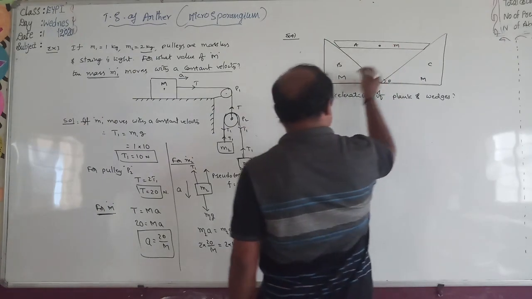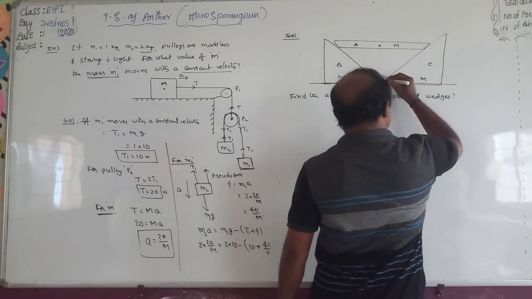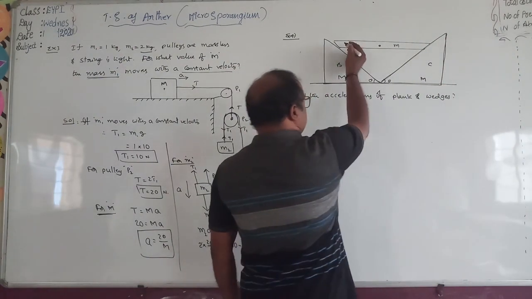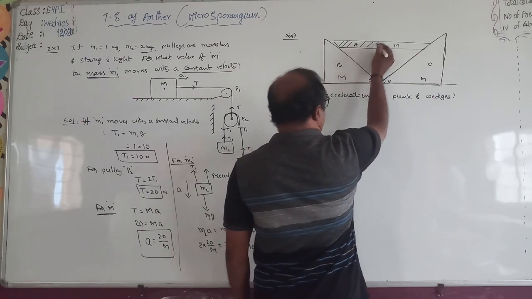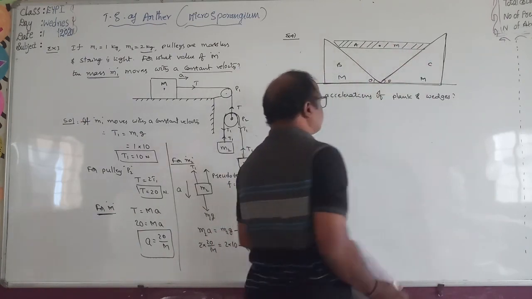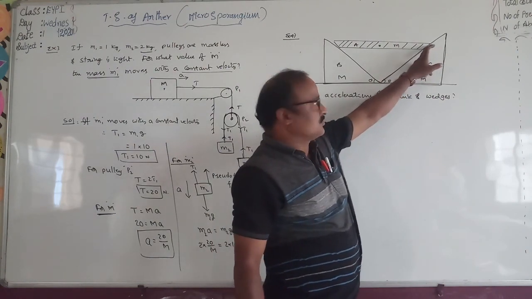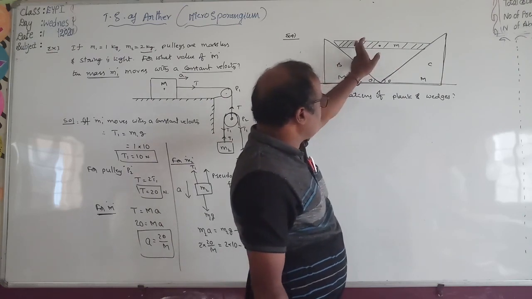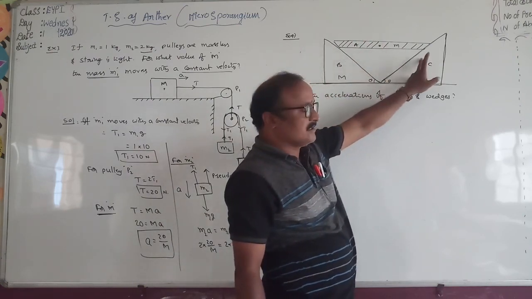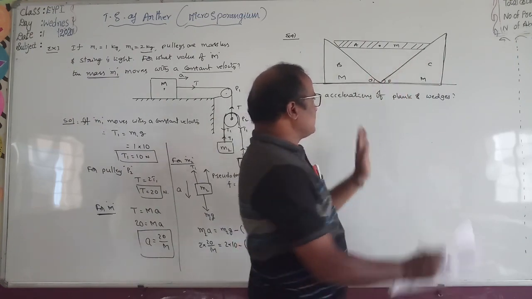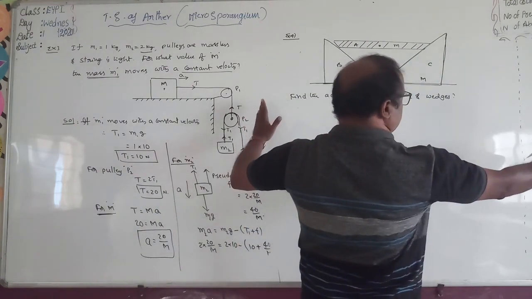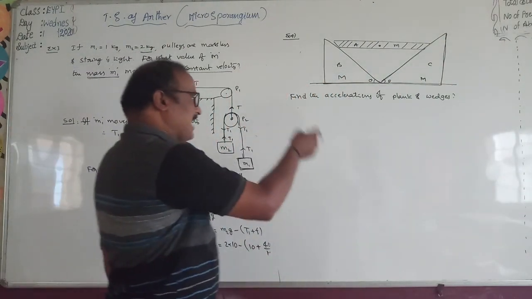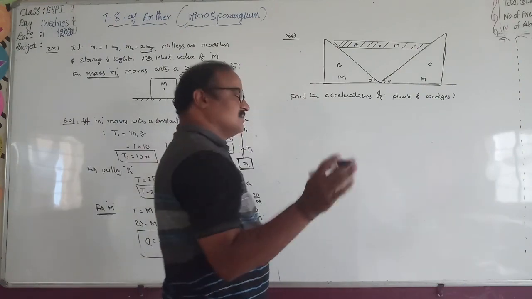Both the blocks B and C are initially the triangular blocks or wedges. Suppose here it is a plane. Mass of the plane is equal to m. Here also this surface and this surface are both smooth. As it is released freely, it tries to move in the downward direction. That means the plane exerts a force on B and also on C. So both B and C move away from one another like this. Here we are asked for the accelerations of the plane and also of the blocks.